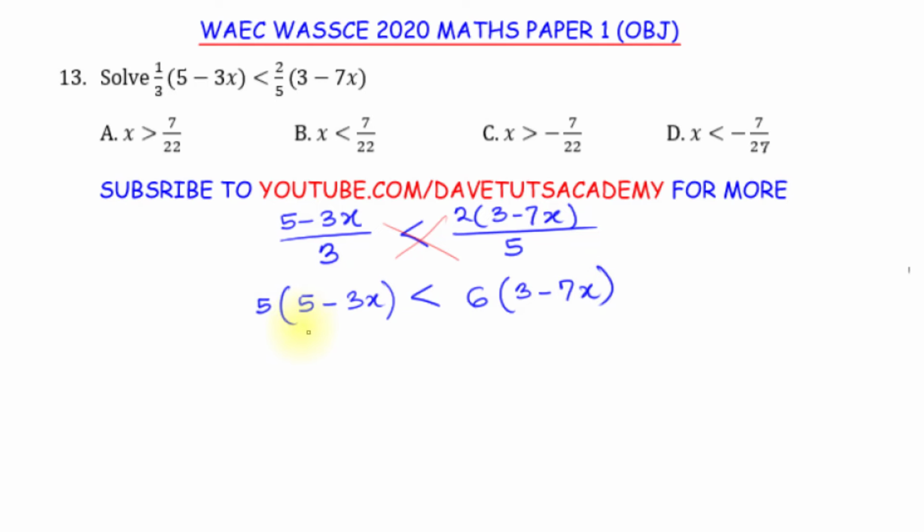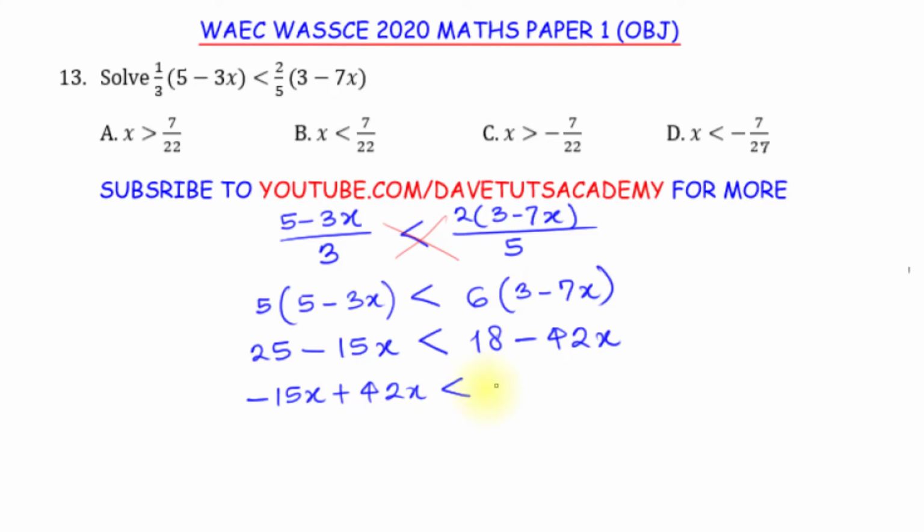Alright, so you can just open up the bracket. 5 times 5, that is 25. 5 times minus 3x is minus 15x, and this is less than 6 times 3 is 18. 6 times minus 7x is minus 42x, and we can easily just collect the like terms, like minus 42x will come to the left hand side, 25 will go to the right hand side. So in that case, we will have minus 15x plus 42x is less than 18